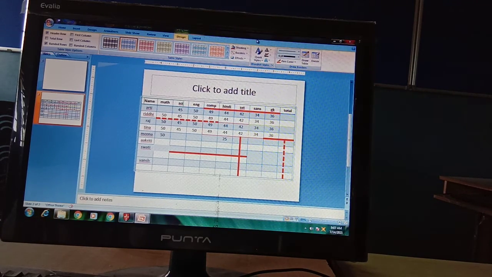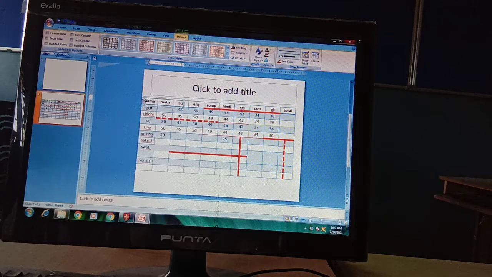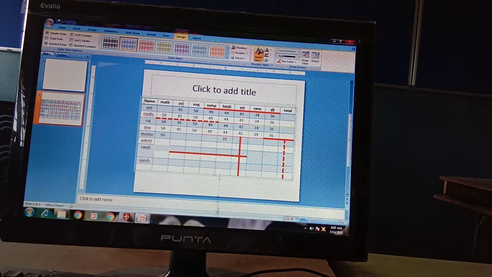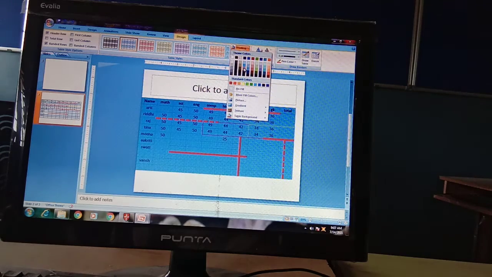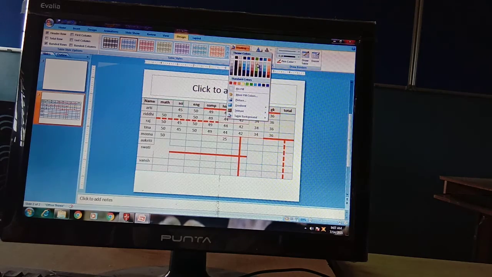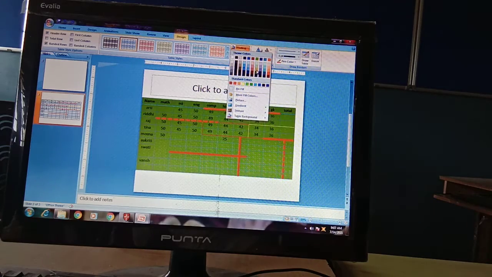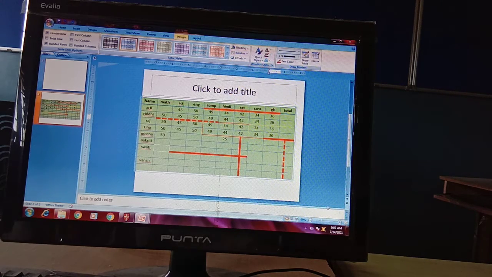Shading is also there. You can shade, for example, this row you want to select, like this. So you can have a different shading color like this. If you want to shade your table like this, you can also shade a table like this. These are the shading effects.